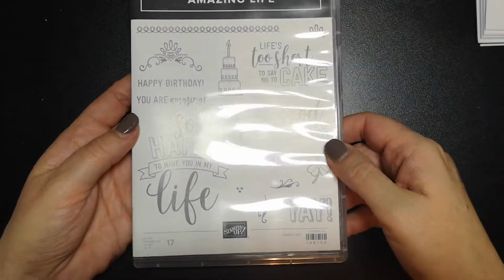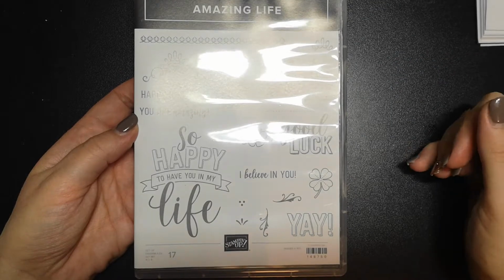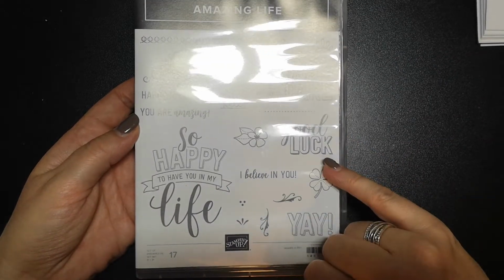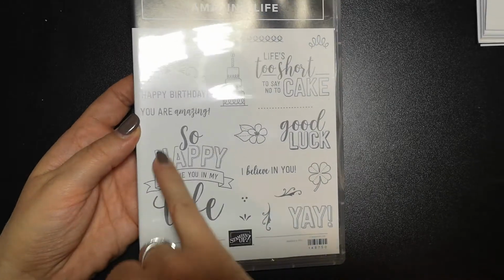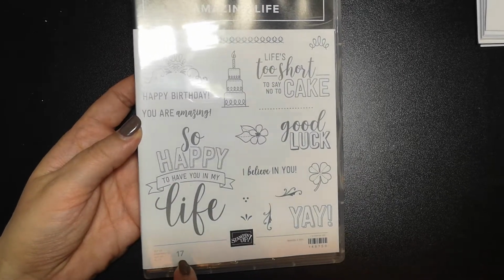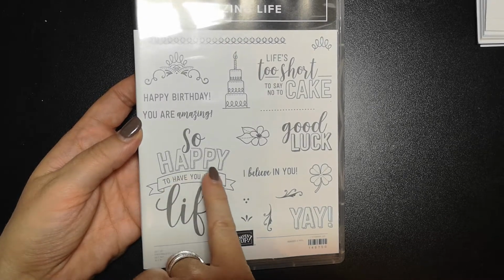This one I really like. We were given this at On Stage. I've probably showed you this before in another video. So we've got some flowers on here. Got a good luck sentiment. I've been waiting for that for a while. Nice bold sentiment. I've seen this on a project. It looks lovely. So you could stamp that out in any colour you like, and then you could colour in those